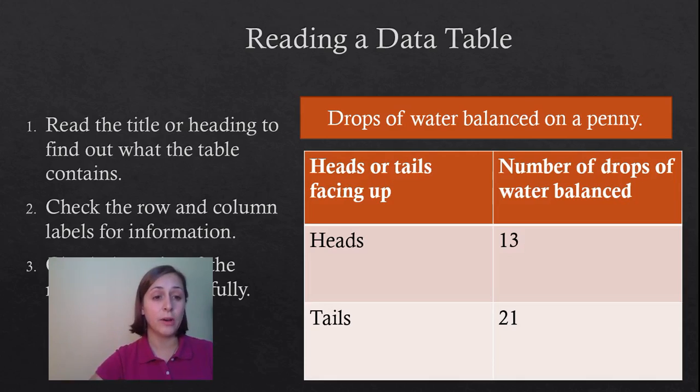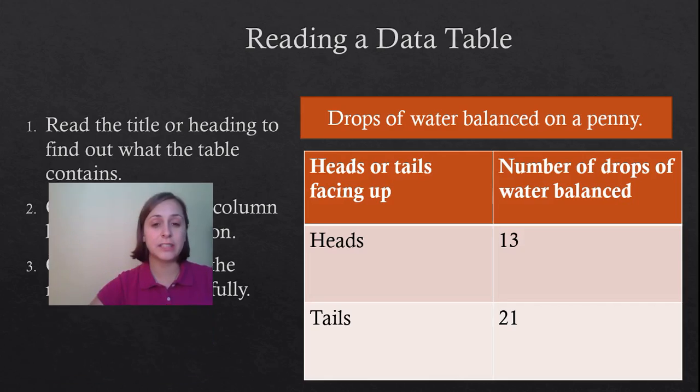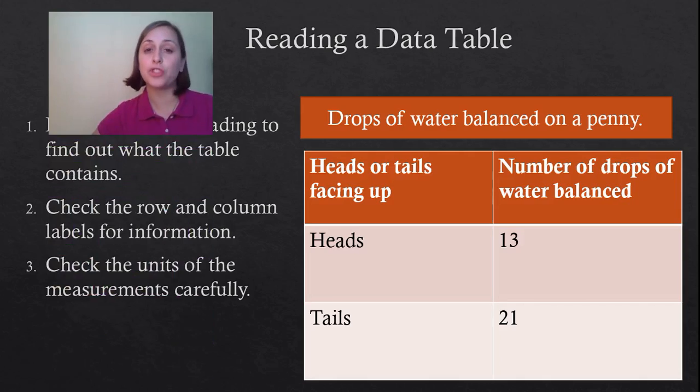Check the row and column labels for information. We see that the heads or tails facing up is what we're told about in the first column. Number of drops of water balanced on the penny is what we see in the second column. Check the units of measurement carefully. If you just run right to this chart,